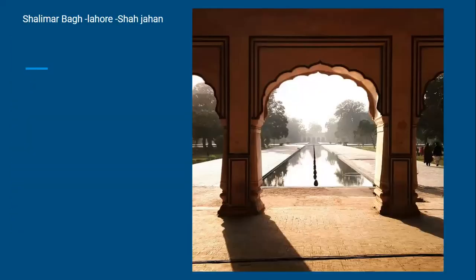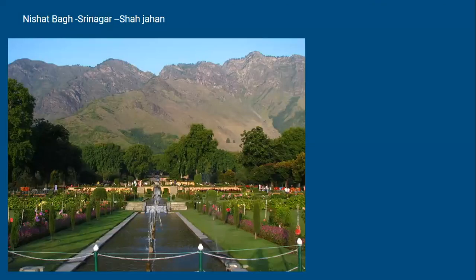Second है Shalimar Bagh. So this Shalimar Bagh, यहाँ पे आप देख सकते हो water का element. You can see over here a small canal जैसा बनाया है. Water is there. So Shalimar Bagh is located at Lahore, and it was built by Shah Jahan. Then we have Nishat Bagh. Nishat Bagh is in Srinagar, Kashmir में है ये, and this was again built by Shah Jahan. Again, you can see beautiful flowers are there. Again, fountains हैं, ऐसा pool, canal जैसा बनाया हुआ है. So this is a defining feature of the Mughal gardens.